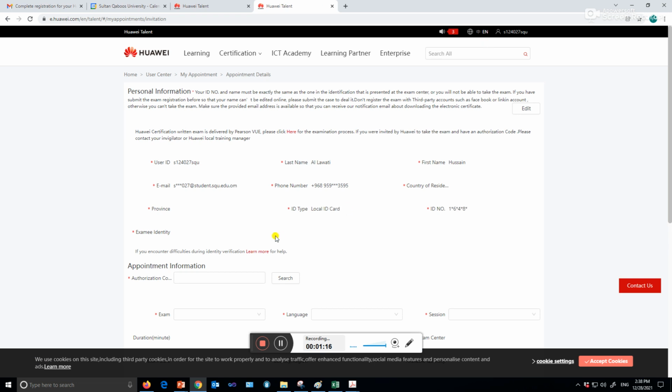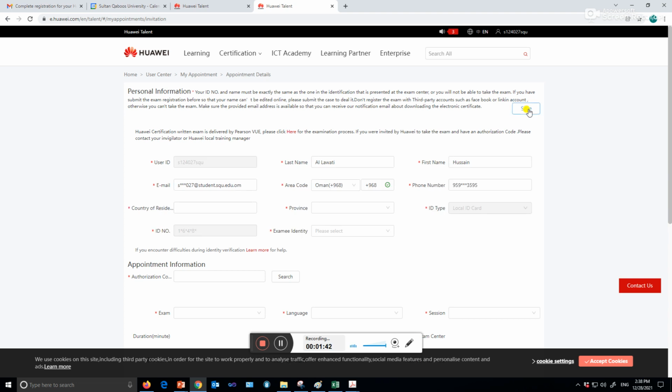Okay, so from now you have to check your information here. Your information should be correct, especially your first name and last name, because this is the name that is going to appear on your certificate, and your email address, because on this email address they will share your certificate with you in case you pass the exam. If any of the information is not correct or you want to update it, here is an edit tab. Click on the edit tab, change the information accordingly, and then save. Okay, country of residence is not coming over here, so we will add it.